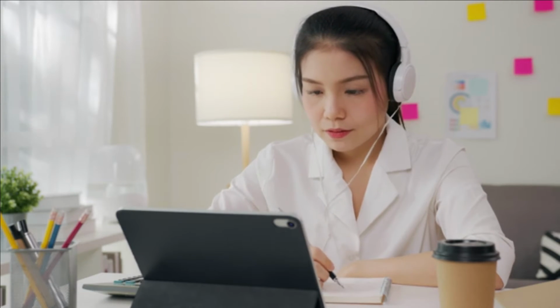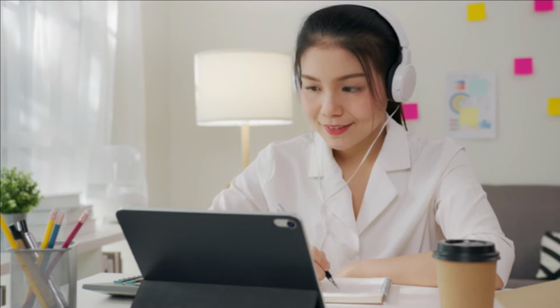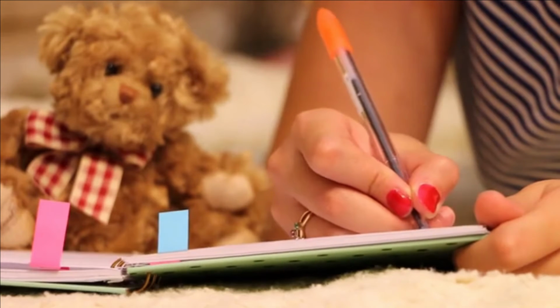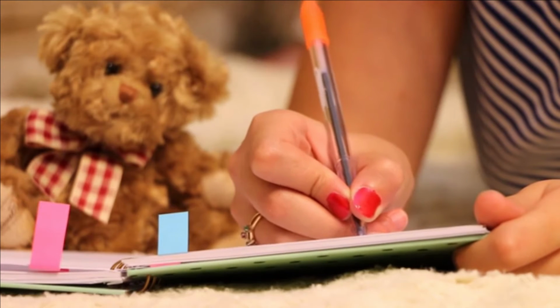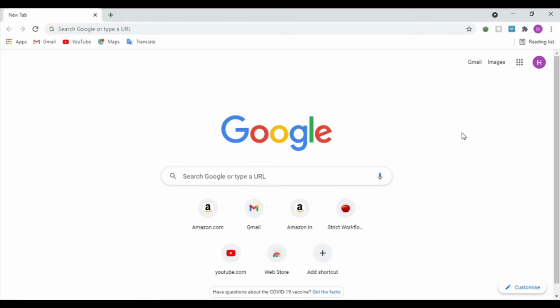The interface of Google Keep is very simple. You can use it to take notes. This is one of the best note taking apps, simple to use. Anyone can use this tool to be productive, and this is a wonderful app to use. This is going to be the in-depth tutorial of Google Keep.